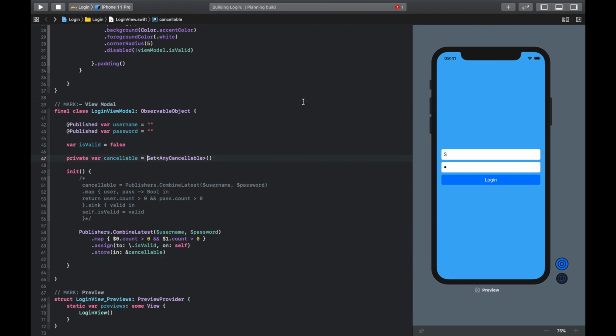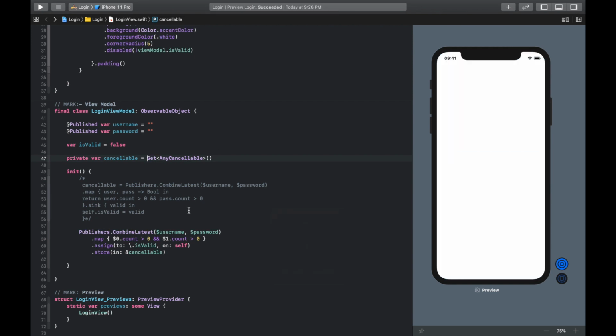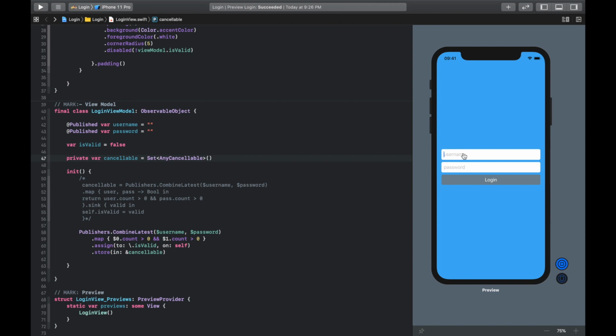Okay, so we have rerun it, and we'll see. We have added username and password. Yeah, it is changing. Whenever you put the value in both username and password, it will automatically change. So for example, if you want the username to have a minimum of, let's say, 8 characters, we can put a minimum of 8 characters, and then the password should not be empty, so the password must have more than 0 characters.